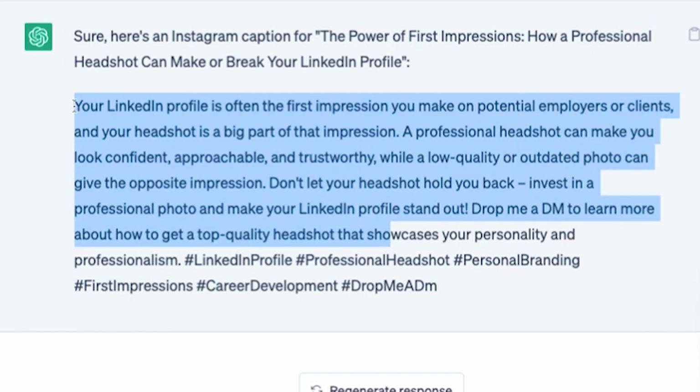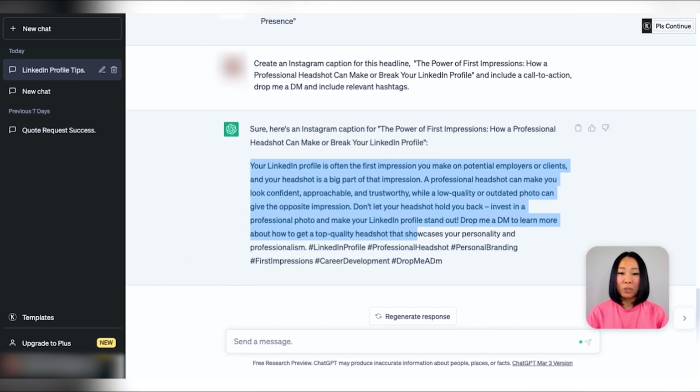And just like that, you've got yourself an Instagram caption within seconds. Now, remember that AI is just a machine and a tool, so it is always best to just look through the caption that the AI has generated for you, because you are the expert in your niche and you want to be sure that the information you put out there is correct and it is what you teach or share